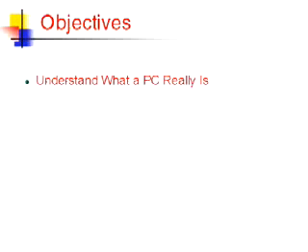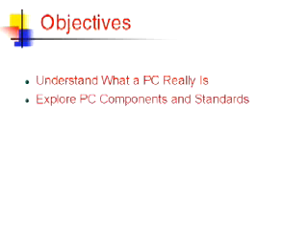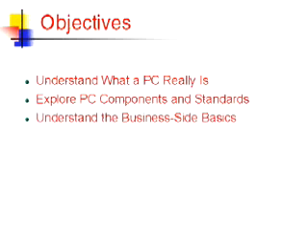In this lecture, we're going to cover a few basic points, such as what is a PC, what makes up a PC, both hardware and software. We're going to look at the main components that go into a PC. We're going to look at the standards that a PC conforms to, and we're also going to take a look at the companies that are for the most part responsible for controlling a PC from both the hardware and software perspective.